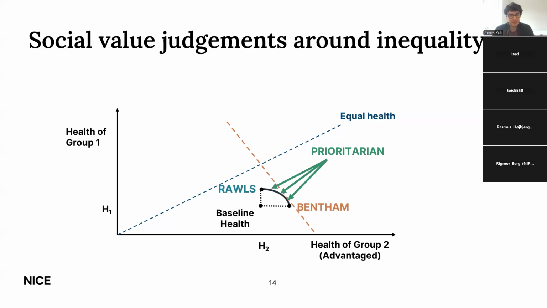Any point in between these two points is kind of known as a prioritarian approach, which is that you're not doing the Rawls thing and maximizing the worst off, but you're not doing the Bentham thing, which is just maximizing overall health. You're giving some level of priority to worse off groups,